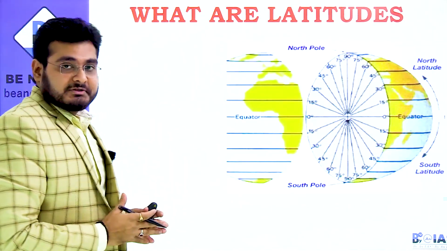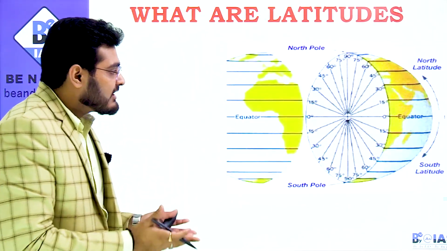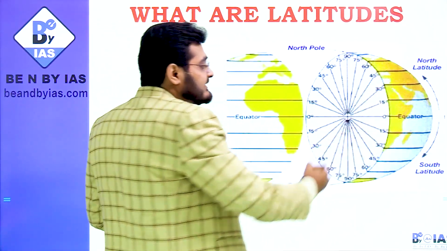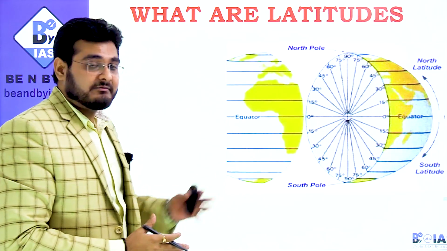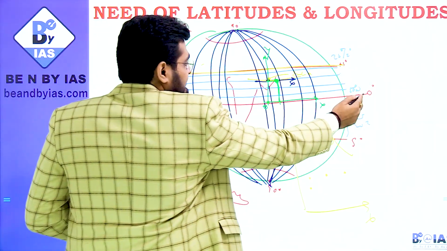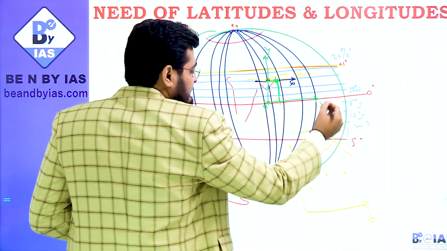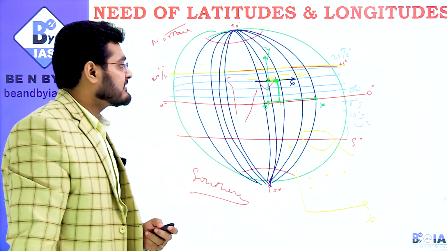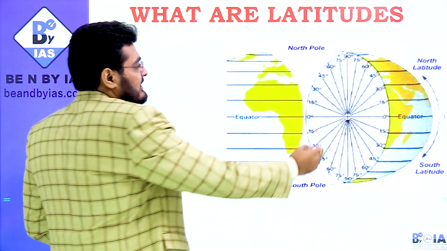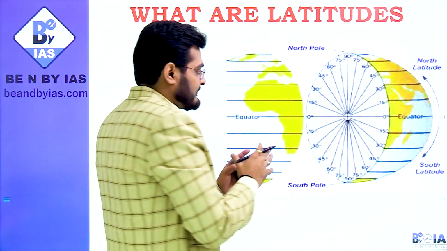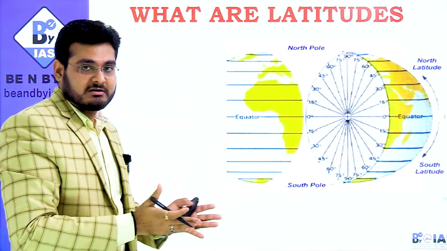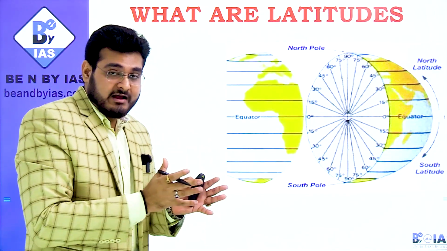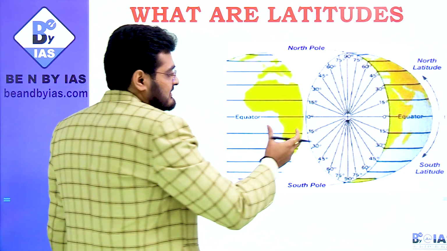Now what are latitudes? Now comes the part where I am going to explain how we decide the degrees of latitudes. I have just told you this is 0 degree, this is 23 and a half, this is 23 and a half, this is 5 degrees, 10 degrees. But how are these degrees decided? Say for example, if you cut your earth, which is not a perfect sphere, but we still assume that it's like a sphere. It's like the shape of an egg, but we assume that it's like a sphere.